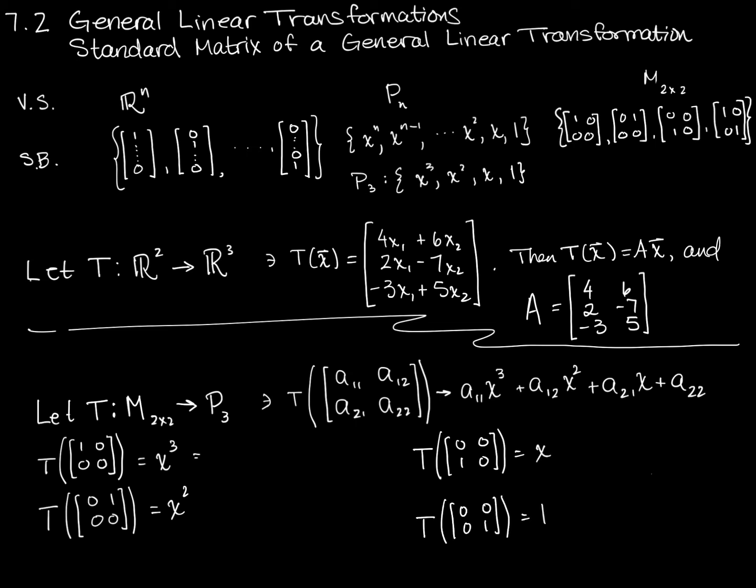Well, another way to write x cubed is 1x cubed plus 0x squared plus 0x plus 0. Another way to write x squared, because I'm in P3 here, right? I'm in P3, that means all of my polynomials are of degree 3 or less, so I can write them as polynomials of degree 3 or less. Here I'm going to have 0x cubed plus 1x squared plus 0x plus 0, and so on. Another way to write this is 0x cubed plus 0x squared plus 1x plus 0, and finally